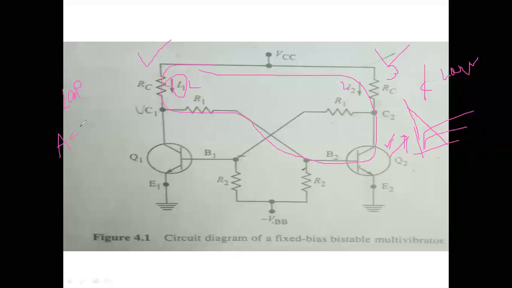Gain is nothing but the Laplace transform of output over input, or simply we can take the ratio of the output by input. This gain value should be greater than 1, or very large compared to 1, when it is making the state change. That means it is in on state; if it is moving from on state to off state, the gain value should be greater than 1.